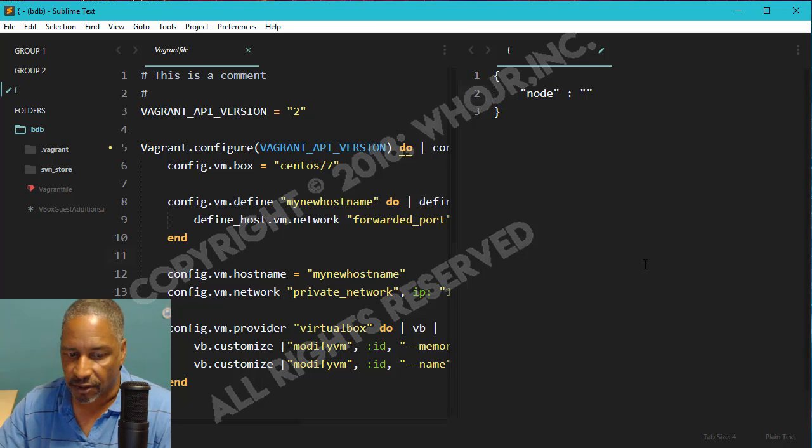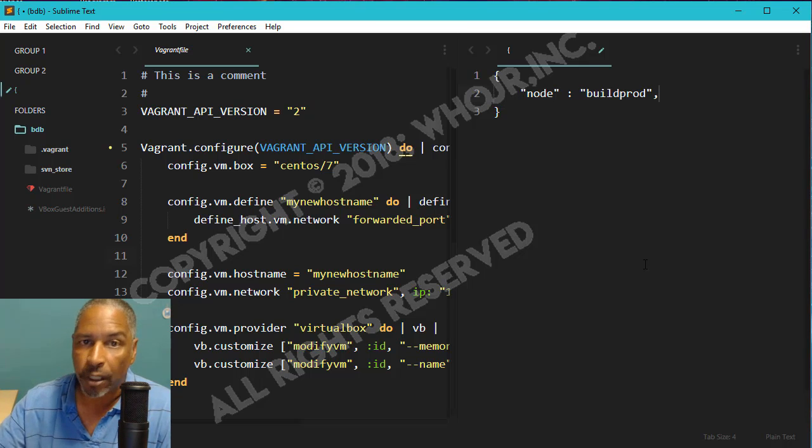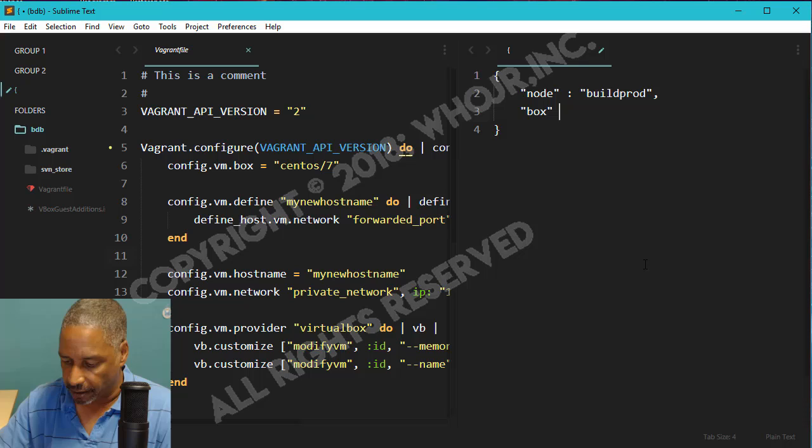And to the right of this, I'm just going to call it build prod as our first node, or first machine, that we're going to describe. Now, I'm going to separate each one of these name pairs with a comma, which is standard JSON. So we're going to have a box, and the box is going to be a CentOS/7 box, and we're going to have a shared